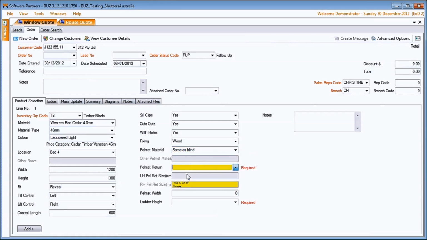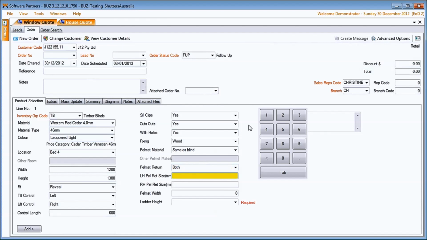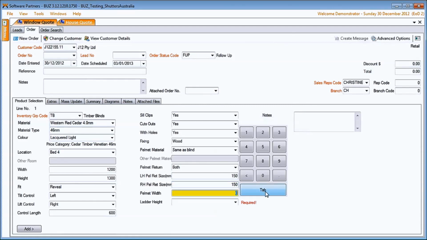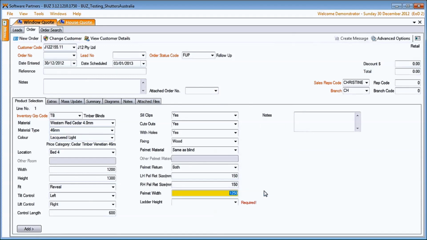Do I want returns? Both, 150, 150. Pelmet width. If I leave it as a 0, it'll assume the same width as the blind. Otherwise, I'm going to make it 1250 and tab. Do I need a ladder and what height? We'll just say no ladder. We could write a little story about this particular window. If we go now add,